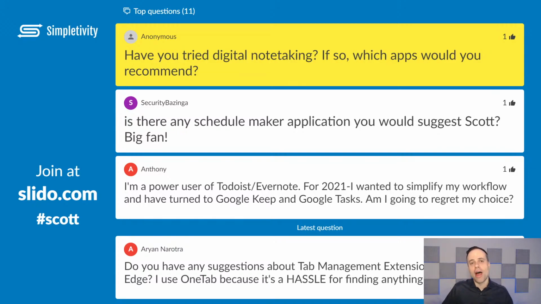Now, I wasn't surprised that Google Keep won that category and won that category by a significant margin because, as we saw in the previous question, I talk a lot about Google products. Google Keep is an excellent tool, especially if you are new to digital note-taking. If that's something that you're not comfortable with or maybe haven't tried before, maybe you're more used to pen and paper or a notebook or a notepad,